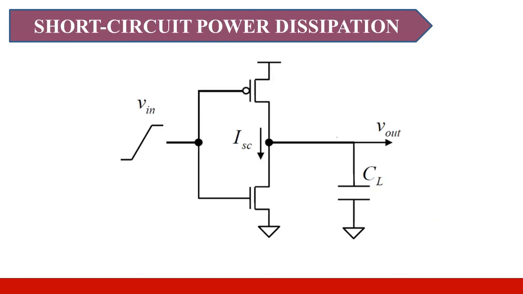Now next is the short circuit power dissipation. Short circuit power dissipation basically occurs when we have some non-zero or finite rise and fall time in the signal. So what happens if it has a ramp type of shape, meaning the transition is taking some time, then in between, PMOS and NMOS both will be on. And when both are on, there is a direct path established from VDD to ground. So this is a kind of short circuit condition which occurs. That's why this is known as short circuit power dissipation.